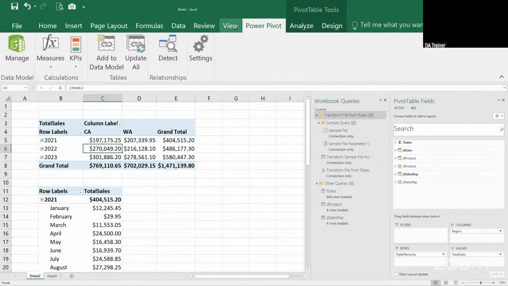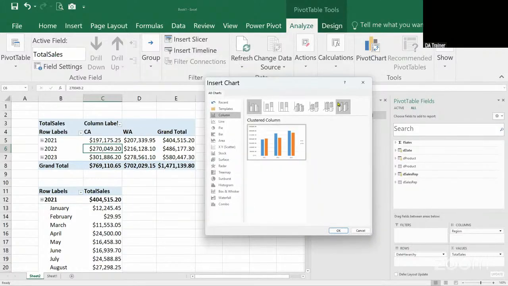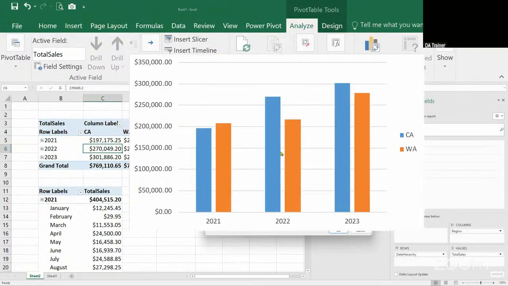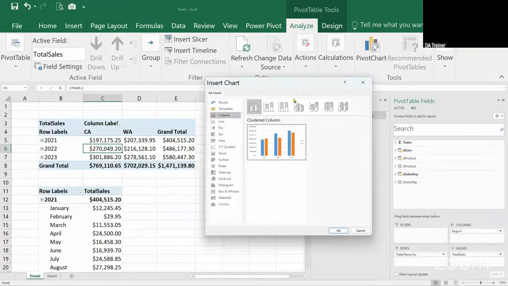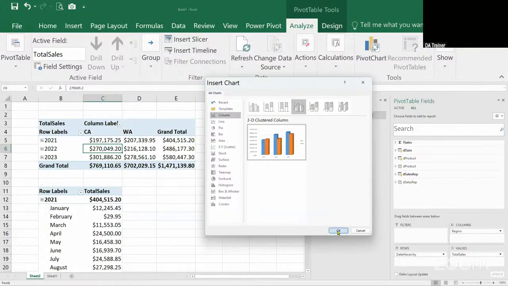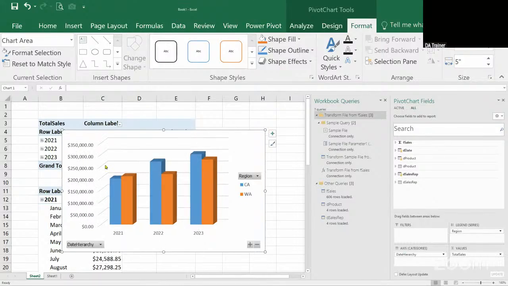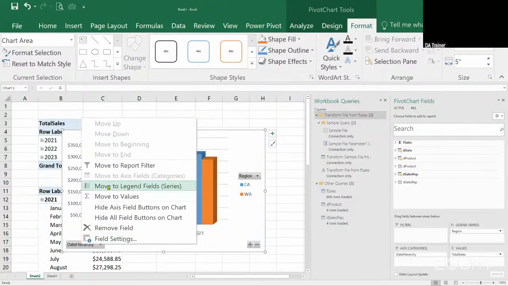Right here, you can easily preview. If you click on analyze here, you can choose a chart and you can easily see the comparison between the two regions as regards their sales. How do the sales grow and all that? All right, you can check. You can go with this clustered bar chart or this 3D chart, and then you click OK. We're all aware of this. You can hide this field. You can hide this